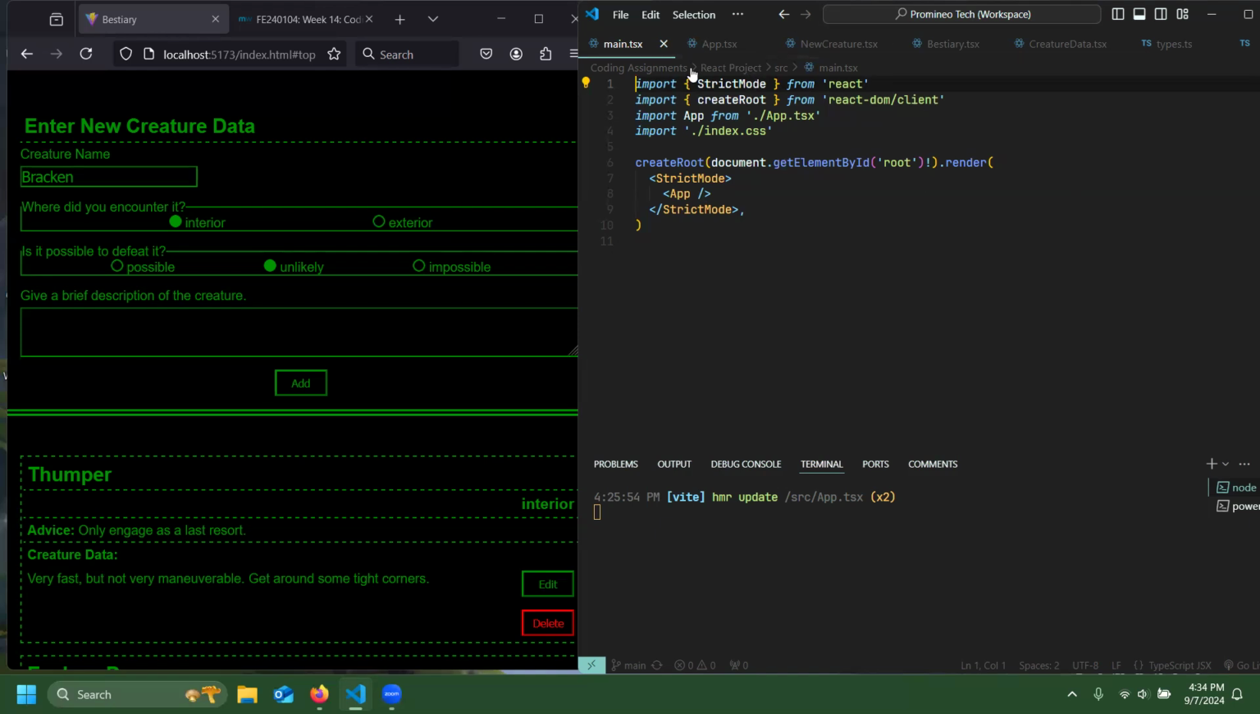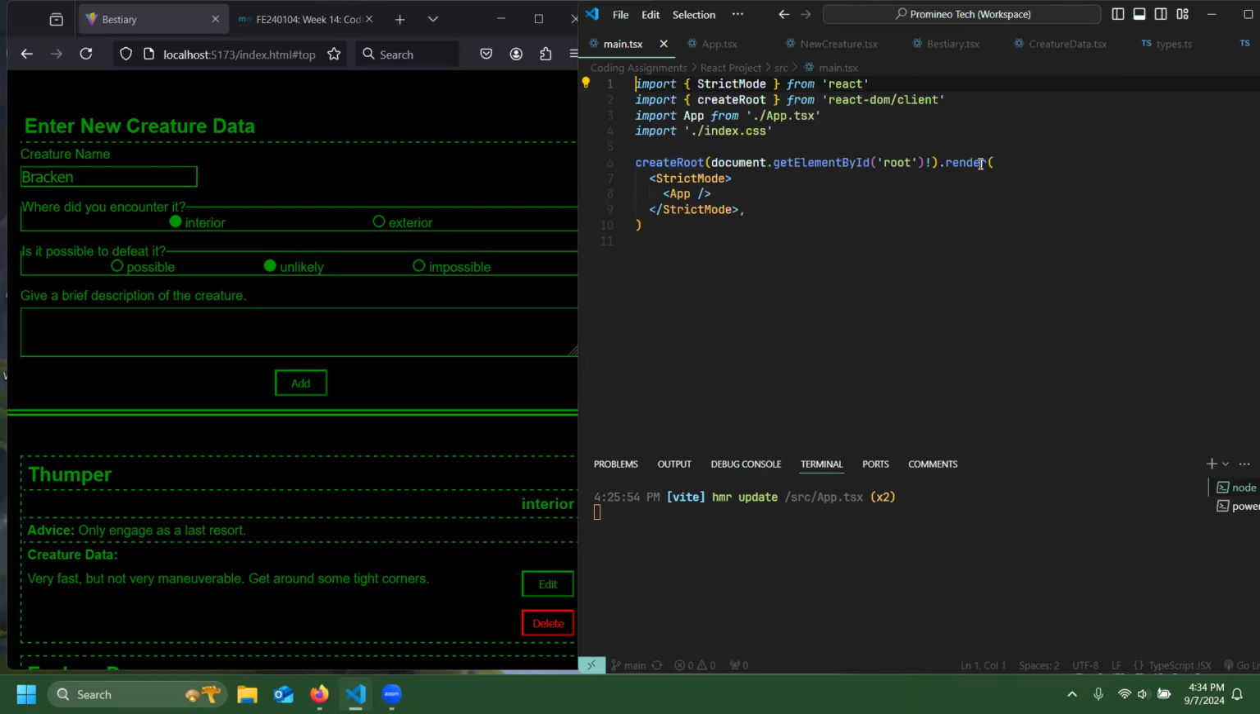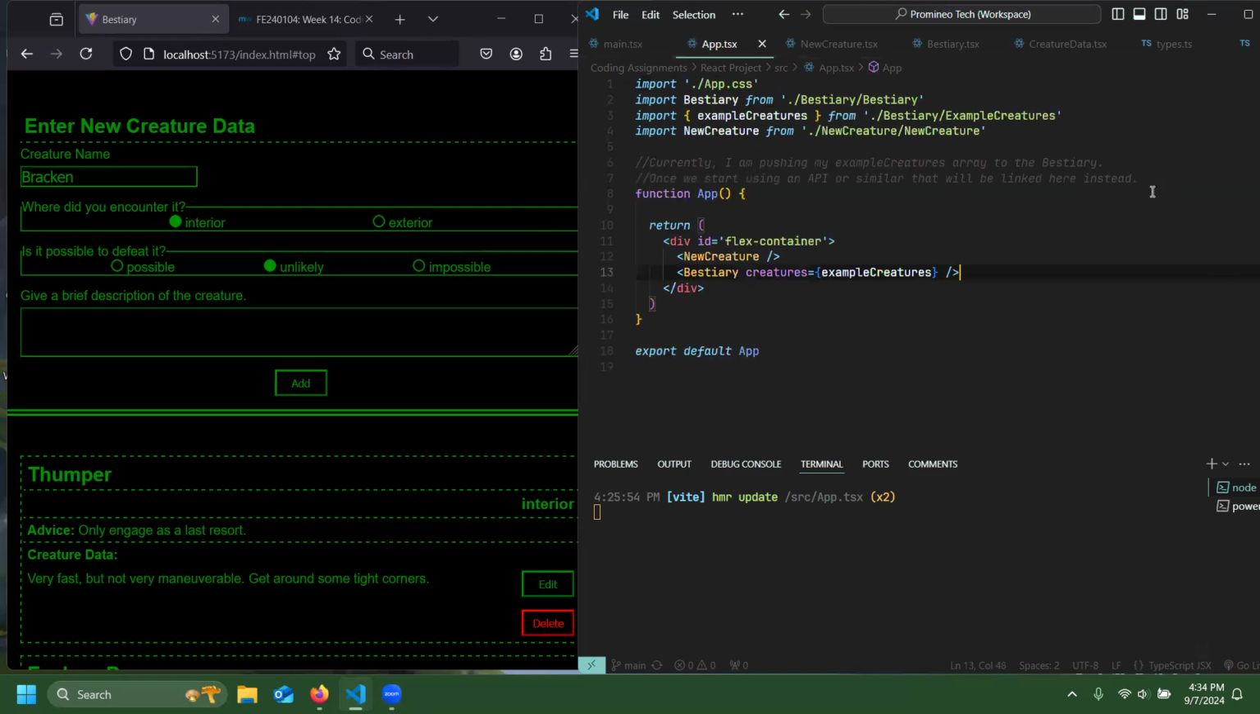So I left the main.tsx React file as is with its imports. While I changed the CSS, I didn't touch any of the functionality. The app imports the two components that I'm using as the main sections here, as well as the example creatures